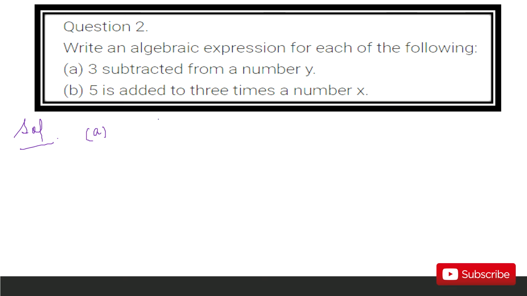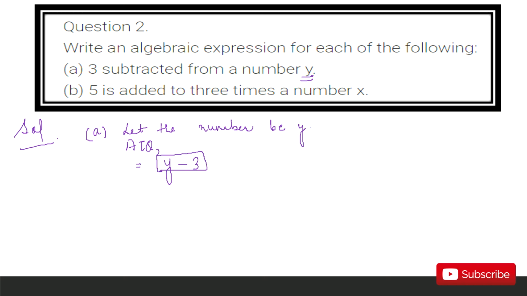So 3 is subtracted from a number y. In the question, we cannot assume the number to be x. We have to assume the number to be y. So let me write, let the number be y, right? Then my ATQ statement, that means according to question, because the question has asked me to write the algebraic expression. So it's subtracted from the number. From means first the number will come and then the 3. So this is my